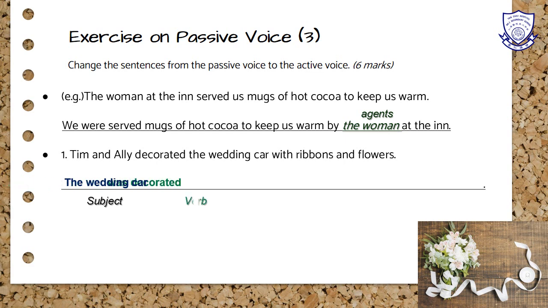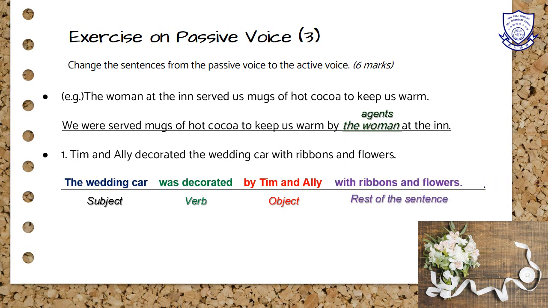So we start with the wedding car, and then was decorated, that is the verb, and we have then by Tim and Ellie, and this part is the object, and the rest, with ribbons and flowers. So here I have divided the answer into four parts, and I've colored these four parts